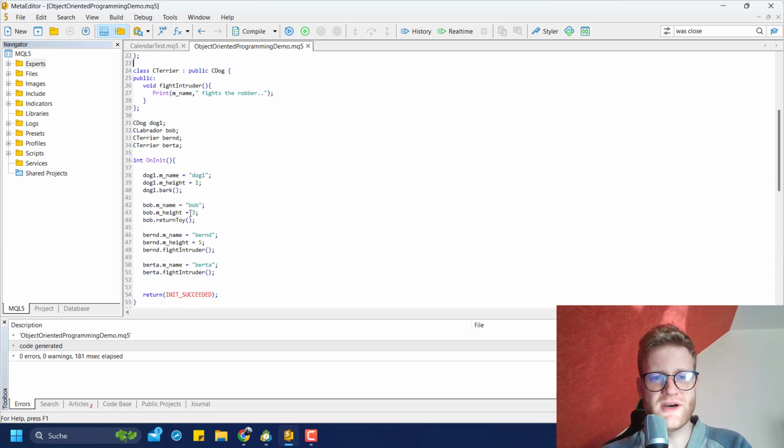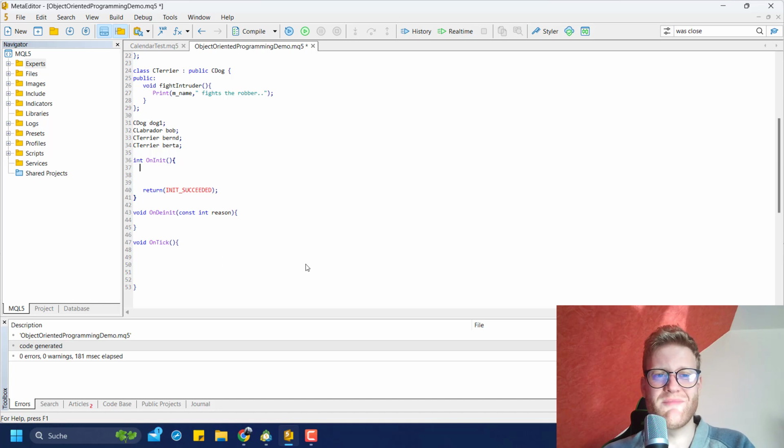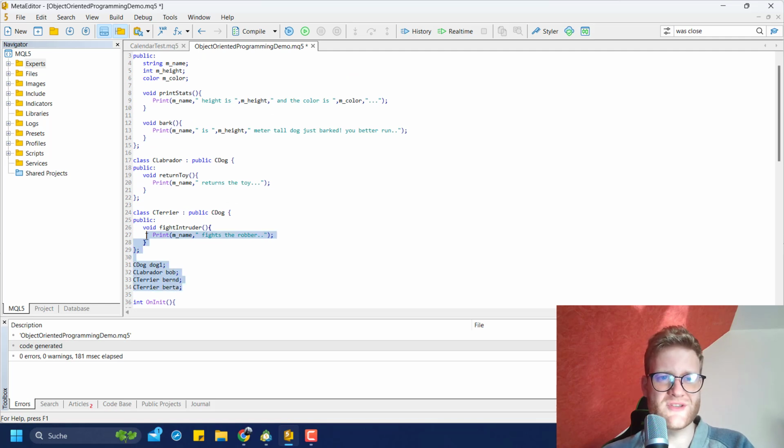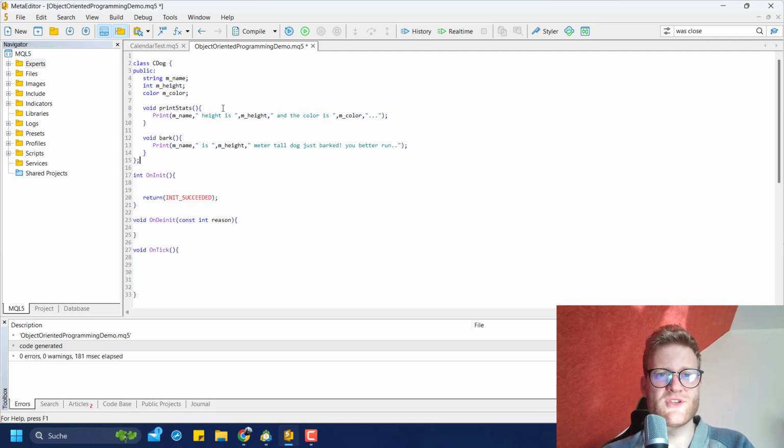And this is a good point, because right now we only worked with dogs, so this of course doesn't really have a big impact on trading, because you won't find a dog running through the chart, but you can of course apply this to actual trading scenarios. So this was just to demonstrate how object-oriented programming works, but you could, for example, write a program that creates